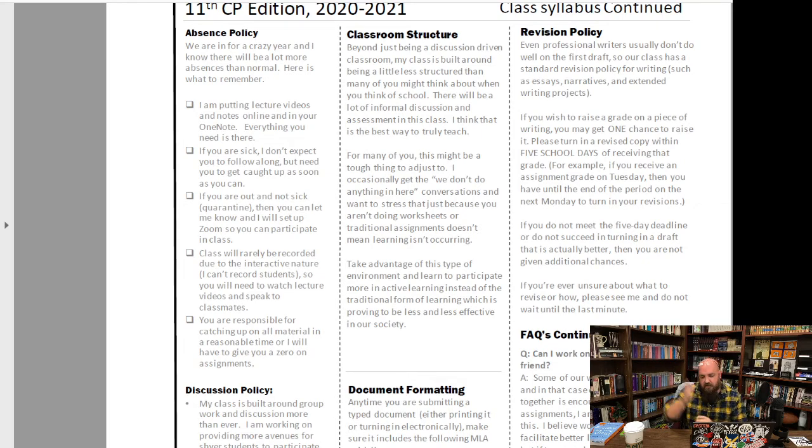Revision policy, that's over here on the right, the third column. The revision policy is basically for any kind of important formal writing that we do. You have 5 school days after you get your grade back to turn in an updated version, okay? And I may give you some bonus points. I will not give you more than half. In other words, if you turn in a paper and you made a 60 and you decide to go back and redo that paper and make it amazing, the maximum score you will get is an 80, because 60 is 40 points away from 100 and you can only get half of that. Because again, you can't just use this as an excuse to buy yourself an extra week of time, all right?